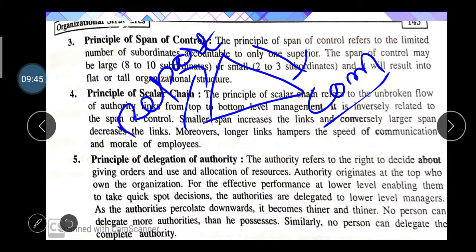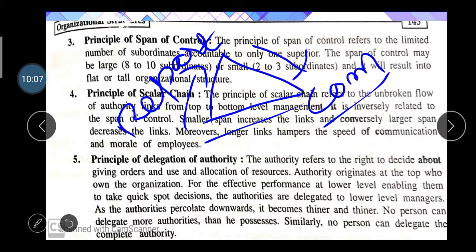If there is a high span of control, meaning there are a higher number of employees under one superior, at that time this creates a difficult and complex situation. And if there are normally one or two subordinates and flat control, at that time they have to describe it as a less span of control.